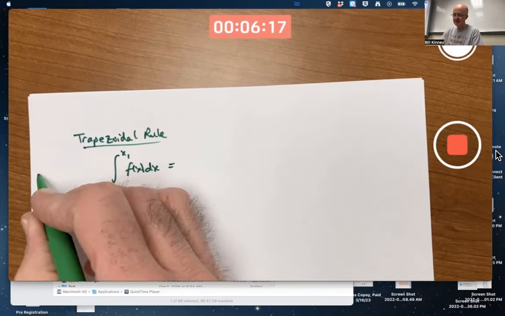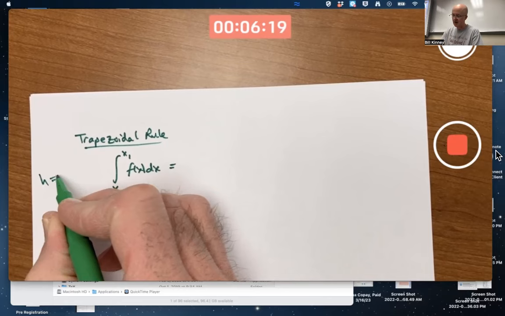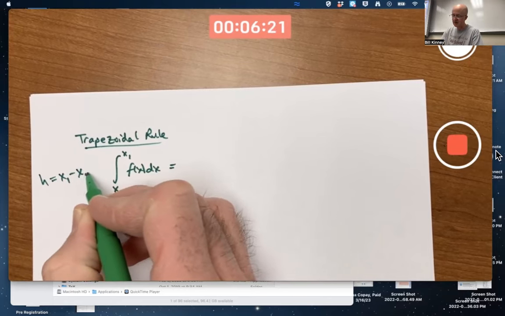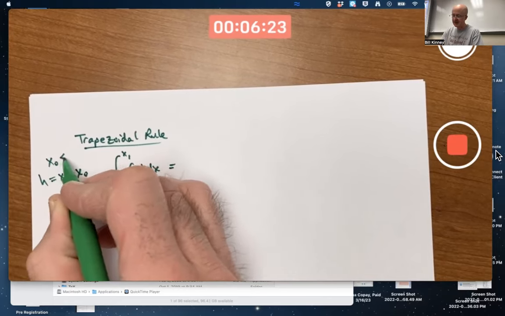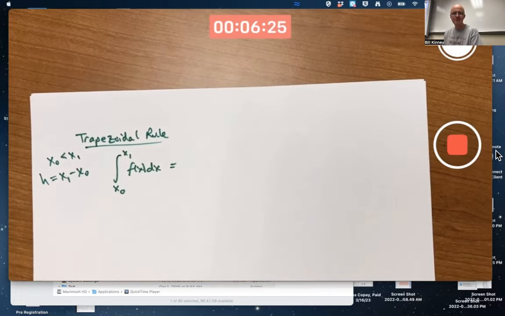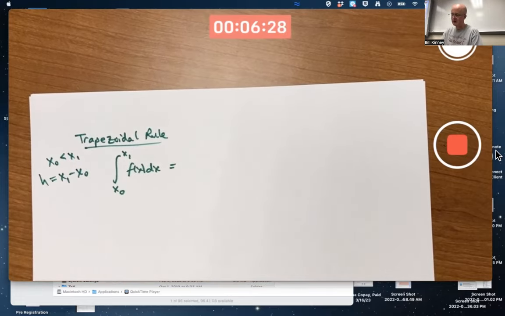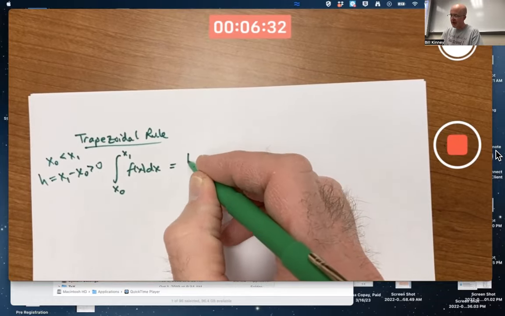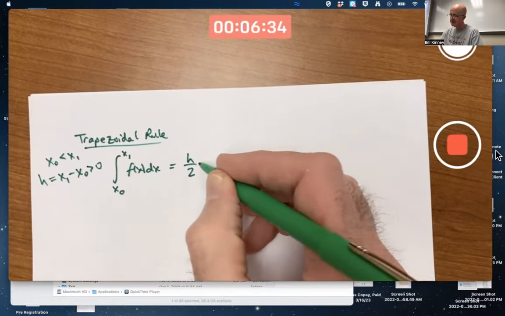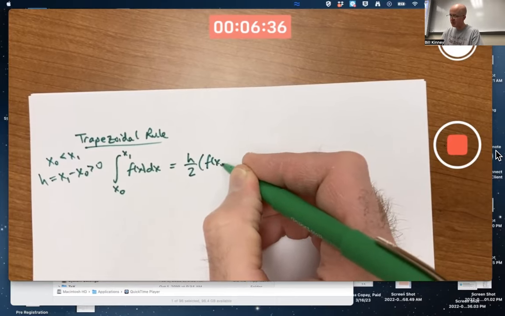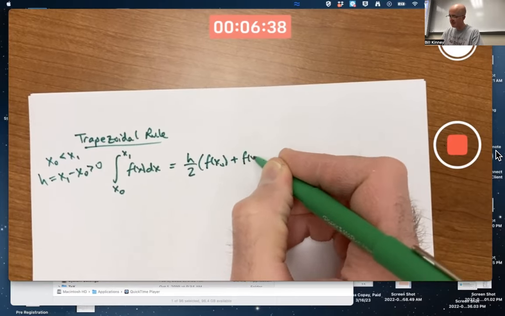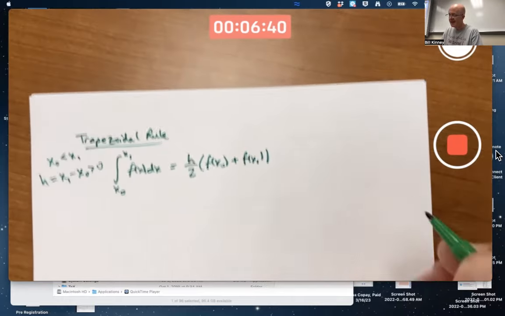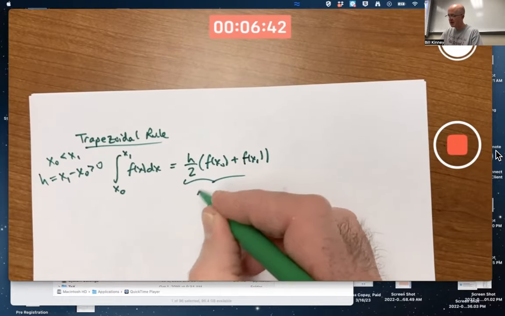H is going to be the distance between x0 and x1. I'll write it as x1 minus x0. I'm implicitly assuming that x0 is less than x1 when I write that. And that will be a positive number. Yeah, the book writes it this way: h over 2 times f of x0 plus f of x1. And then that's the approximation,